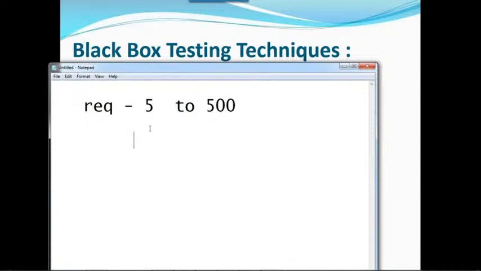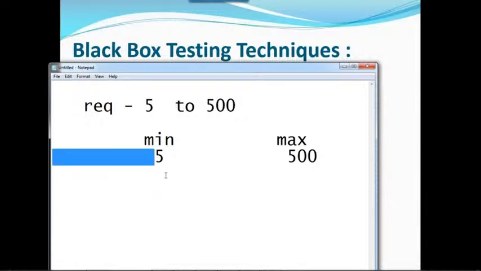How to check with this one? So simply you can take minimum value. What is the minimum value here in the requirement? 5. What is the maximum value here? 500. Yeah, 500. So you can do one simple technique: minimum value minus 1.